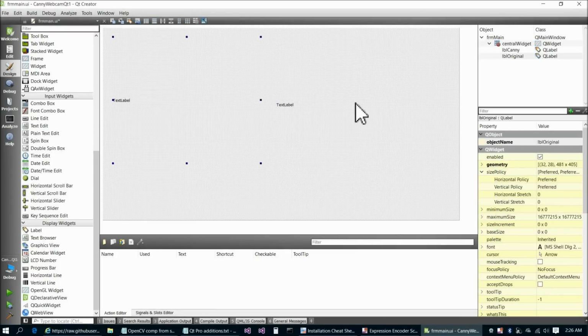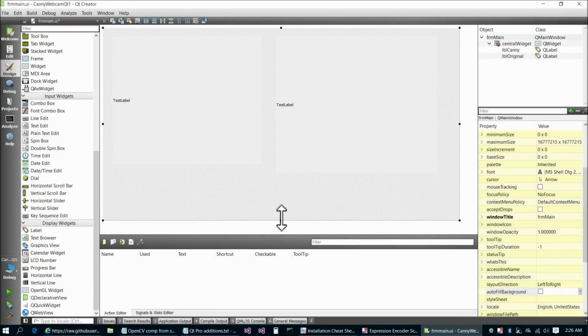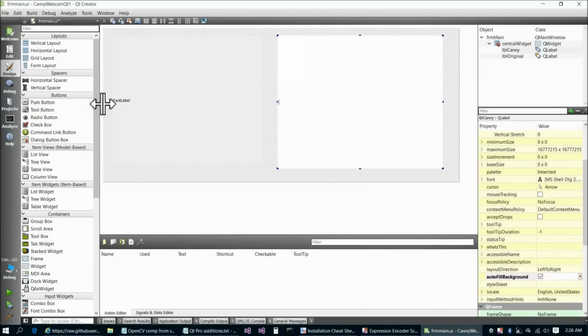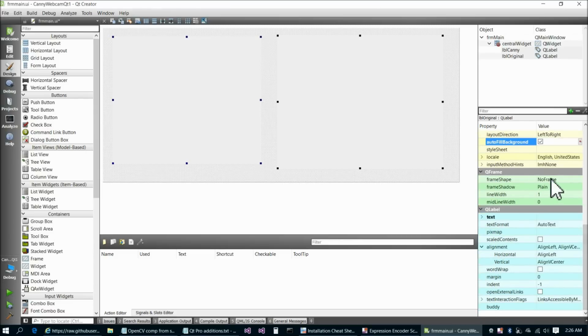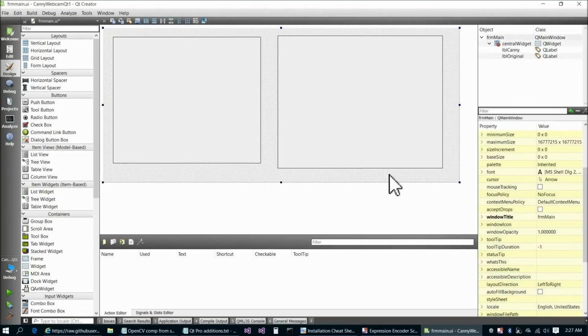and now we can choose both of those labels, and then we can check this box here, autofill background, so we can see things a little better, and resize the form there, and move both of those. We don't need any text in there. And let's choose some properties for both of the labels. So let's see, frame shape, we'll choose box, and frame shadow, we don't want to change that, but horizontal, let's change that to center, and then save it,